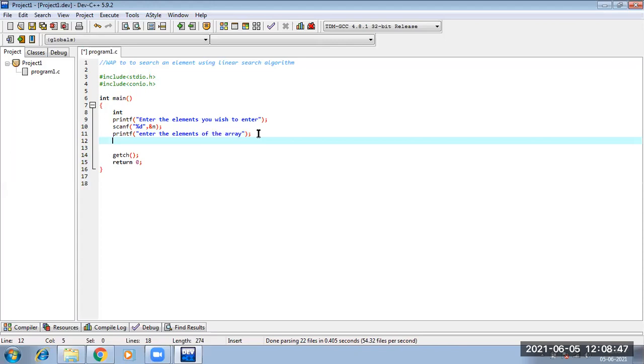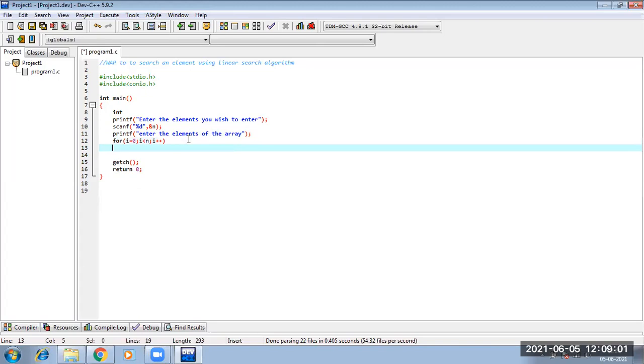After this, we run a loop. So that loop goes for i equal to 0, i less than n, i plus plus. We run a loop, and inside that loop we take the elements, right? These things we all know, right?